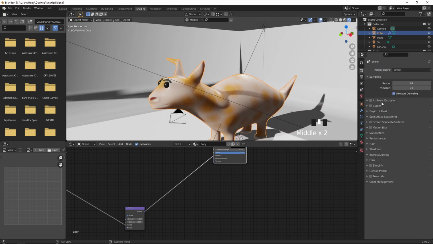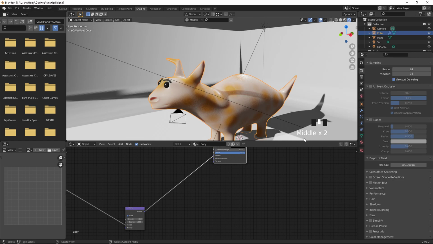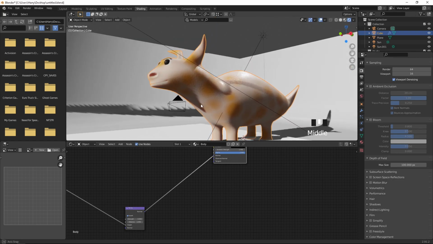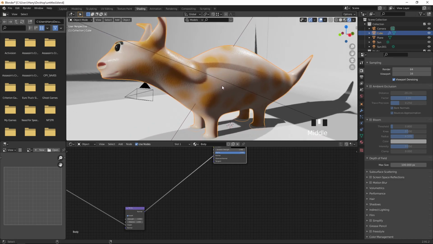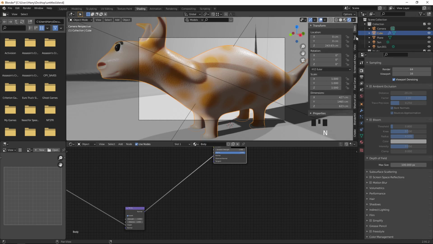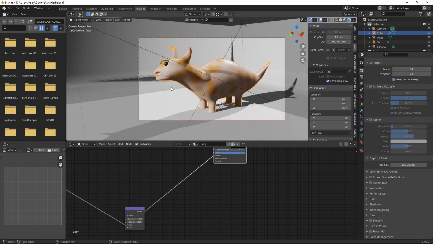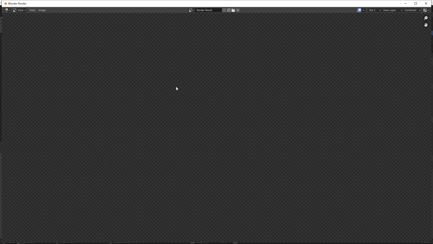Going to the render view. On this option, depth filters. That will let it be the same. Okay, we'll go for this angle. Press Ctrl Alt 0 to go to the camera view angle. Press N and go to the tool. Sorry, go to the view and lock the camera to view and open the camera view like this. Press F12 to create a render view.